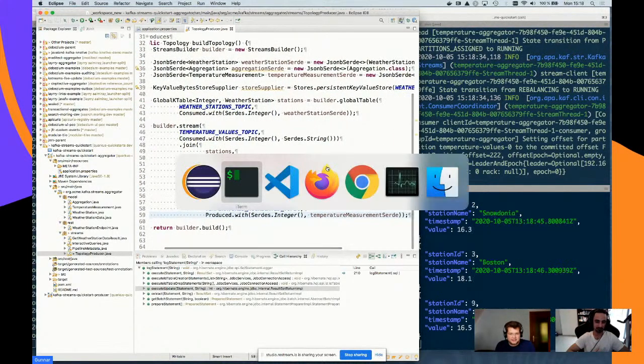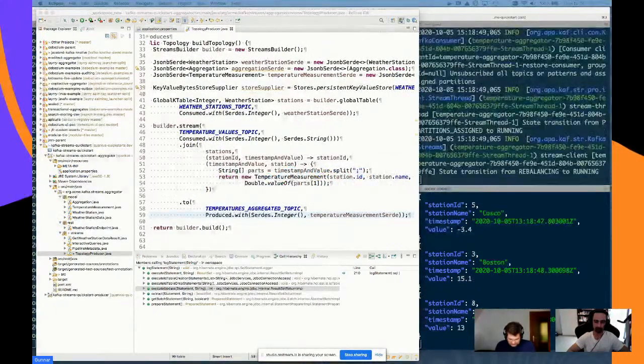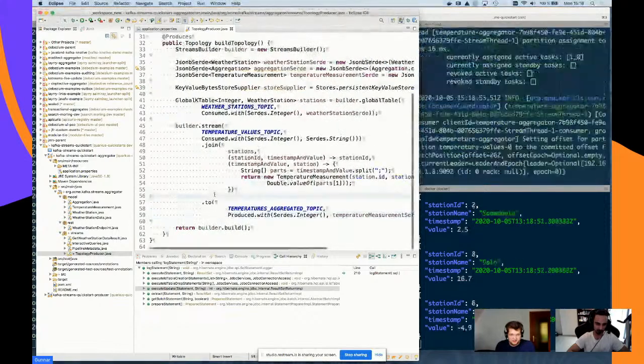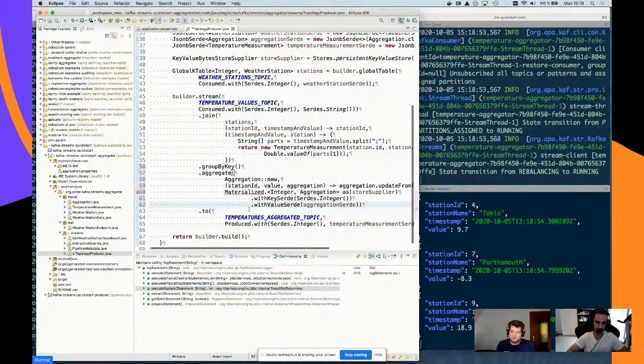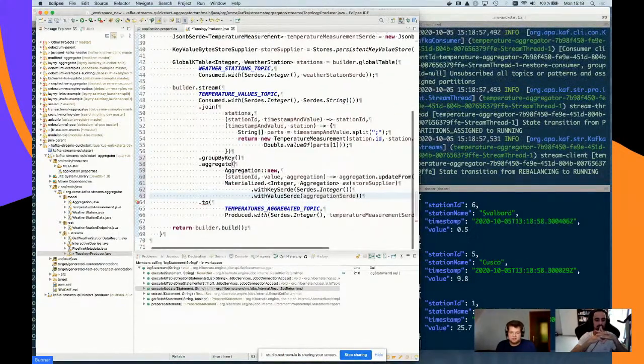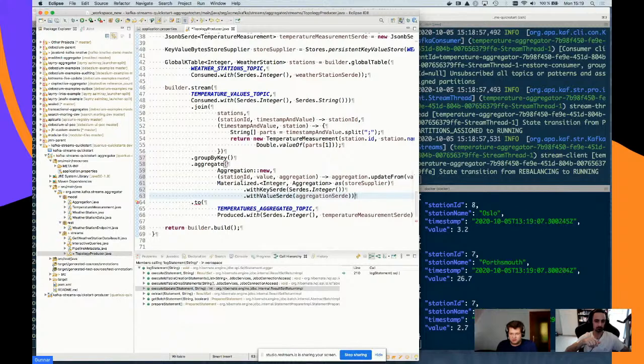And now actually what I'm doing is I'm adding another step to my application logic there. So I'm putting in this kind of grouping and aggregation. So now essentially for each weather station, I would like to aggregate the data. So I group it by the weather station ID, and then for each station ID, I run it through this aggregation operator.